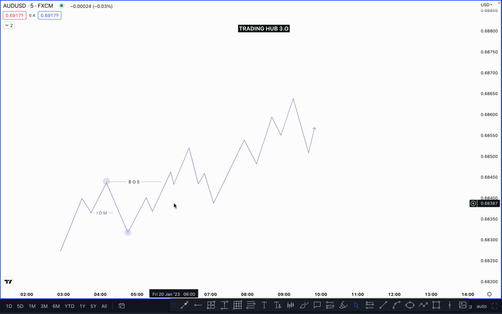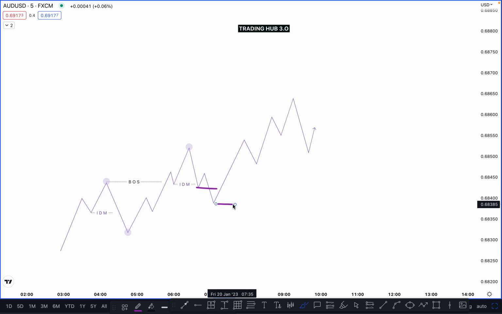So finally what happened here? At this point the market pushed downside and then took out this one, and the market can go a little bit more downside, and this is our inducement, right? So once the market takes out the inducement, our higher high is confirmed here. You have to always wait for the inducement to be taken out, always on the left side, the side from which the market breaks the structure.